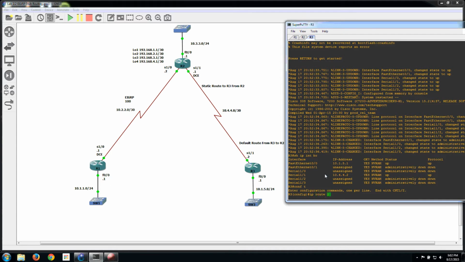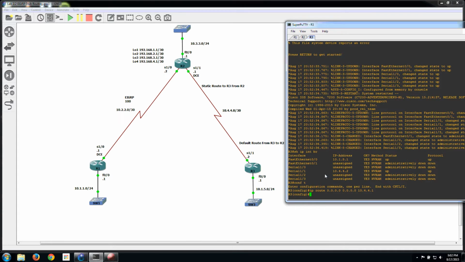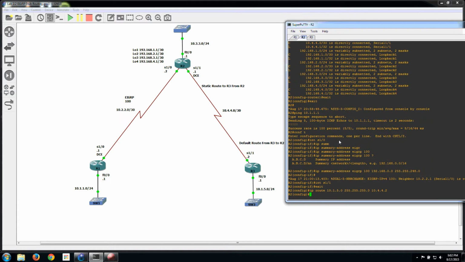So IP route, and this is our quad zeros. The prefix, so all zeros again, specifies everything. And our next hop is 10.4.4.1. There we go. So now, if we look up at router 2,